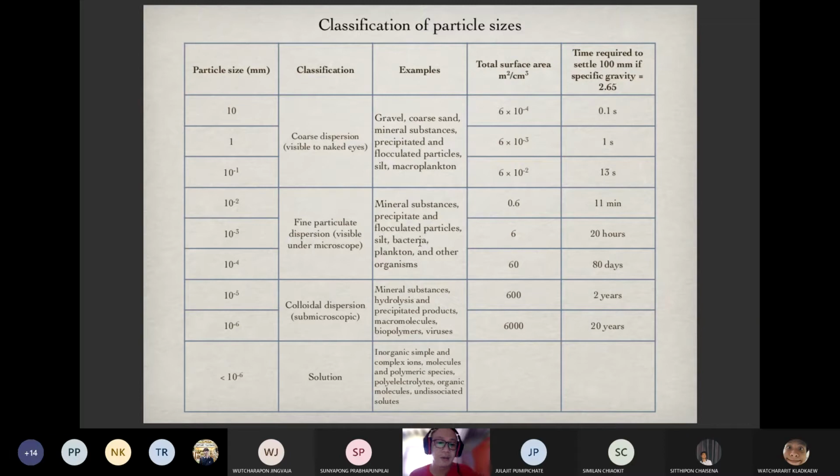But talking about the fine particles, they refer to some mineral substance, or maybe bacteria, small plankton, and some other